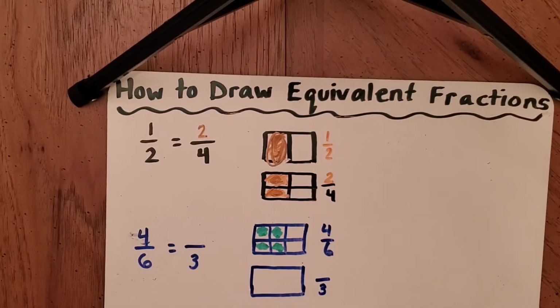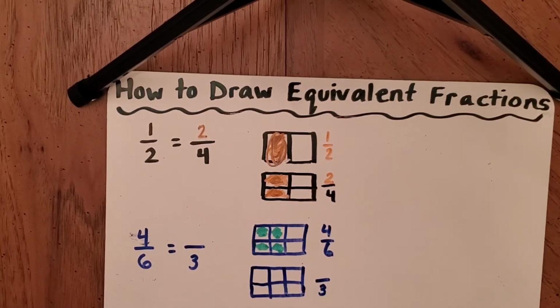So I'm not going to cut it 6 times. I'm going to try and find a way to cut it less times in less spots than this one. So if I copied my lines, I'm going to think to myself, well, which ones of these lines could I kind of get rid of or pretend aren't there so that I only have 3 equal